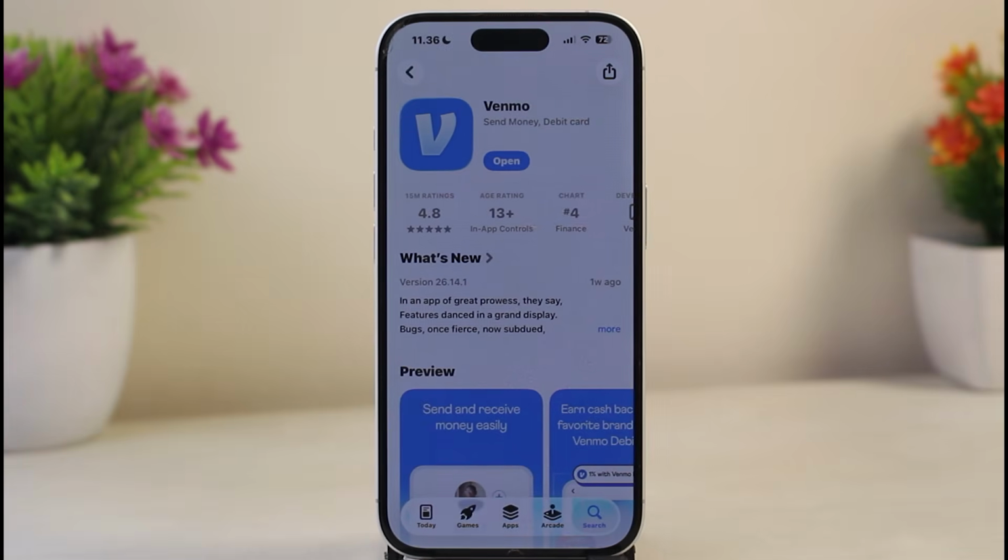How to fix Venmo auto transfer to bank not working. So to fix a Venmo auto transfer or standard or instant transfer to your bank that is not working, the